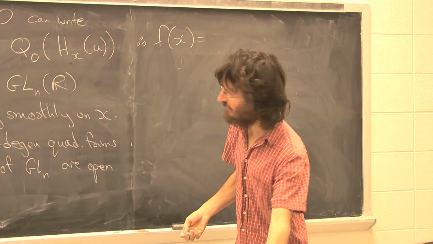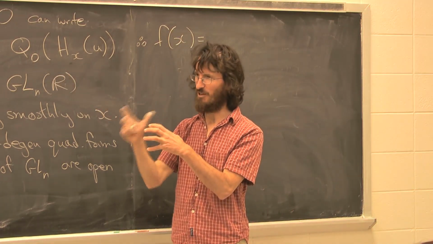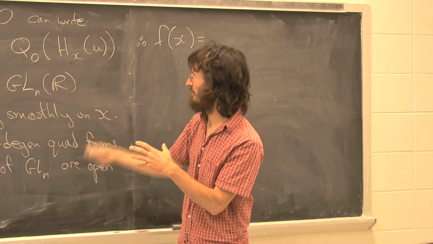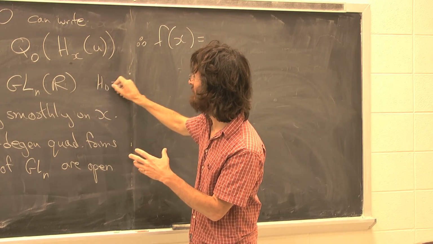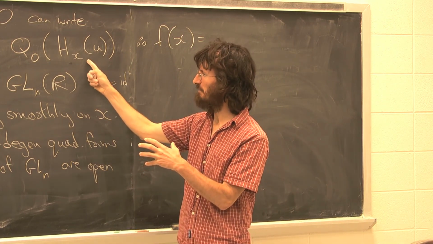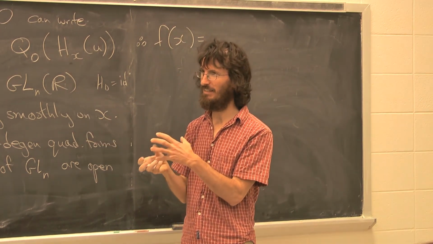You can think locally: you start at this fixed quadratic form Q0, and h sub 0 is the identity, right? You start moving it around by different elements of GLn that are close to the identity, and you'll stay in